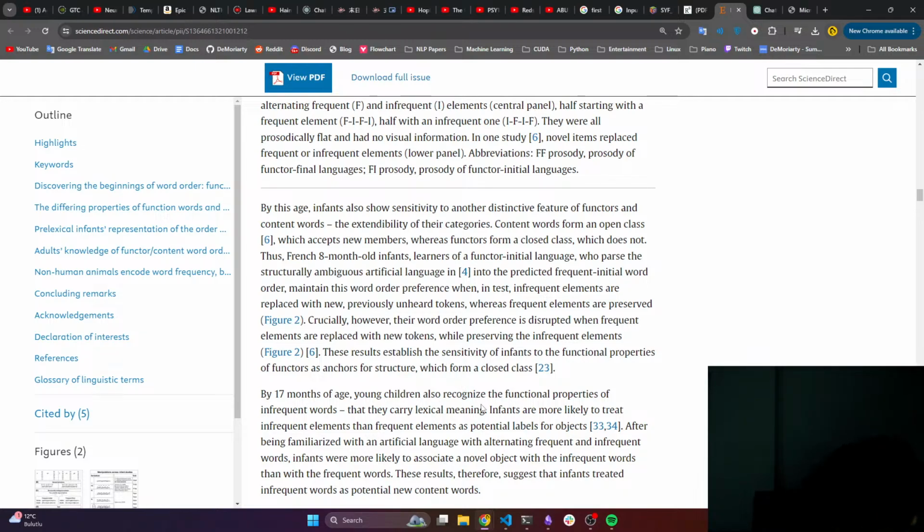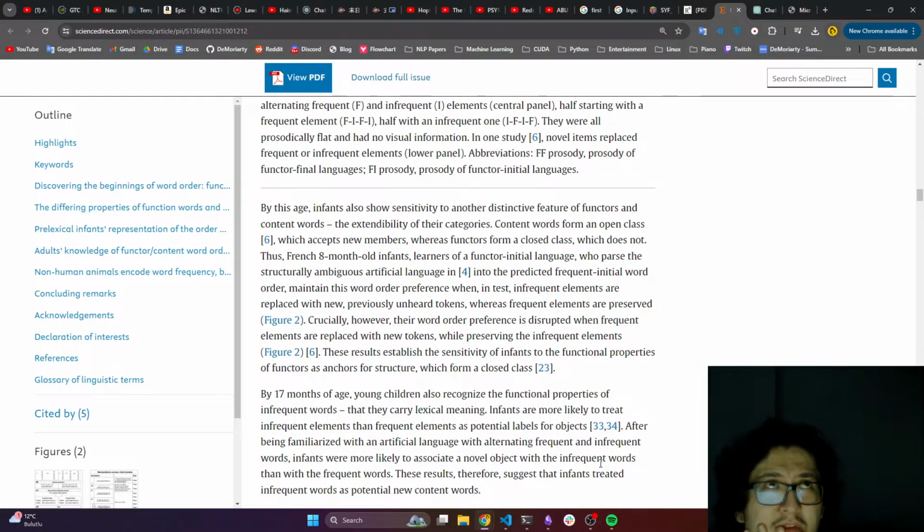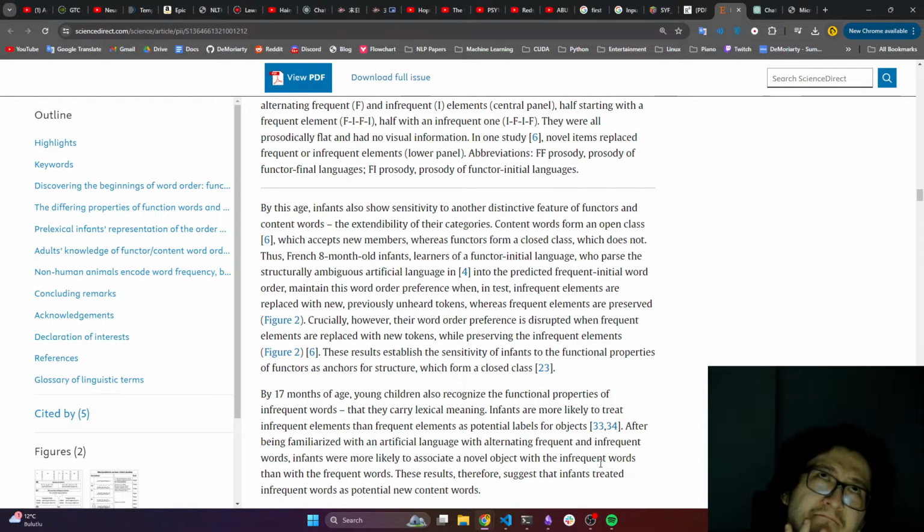Okay, all words come from categories, right? So we could think about parts of speech also as a form of functor, right? The part of speech could also be thought of as a functor. Or I guess thinking of them as a functor doesn't make sense either. Maybe we should say, let's see.